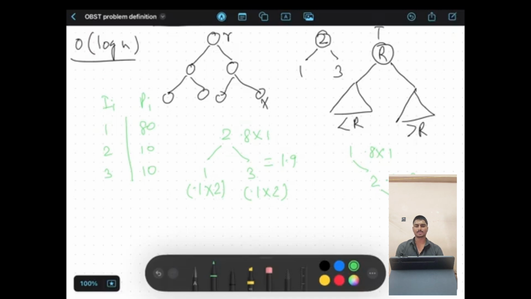So depending on the frequencies of items, an unbalanced tree can take less time, and even if the tree is balanced, it might take longer than an unbalanced tree. This is the whole idea of the optimal binary search tree. Depending on the frequencies, a balanced tree might not be optimal. So if we define the problem: